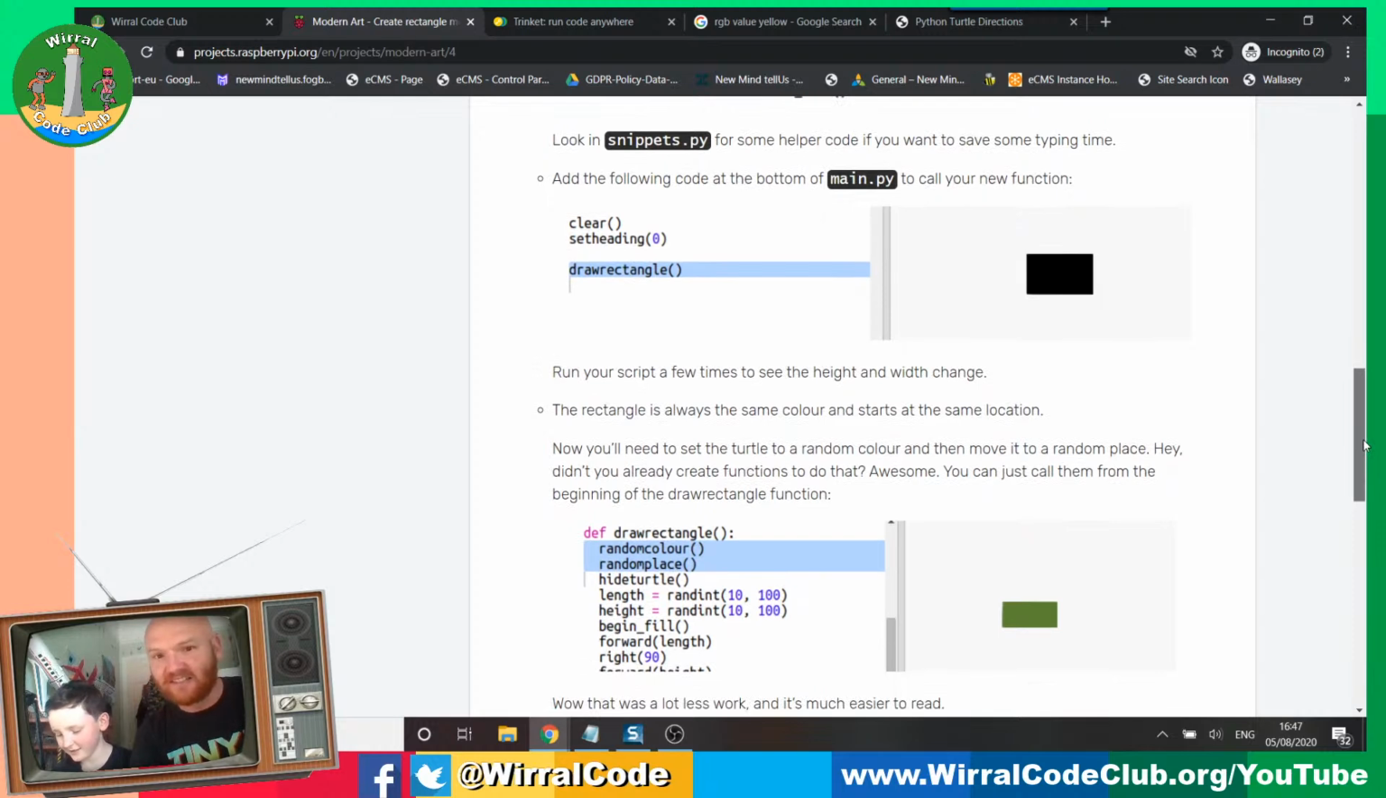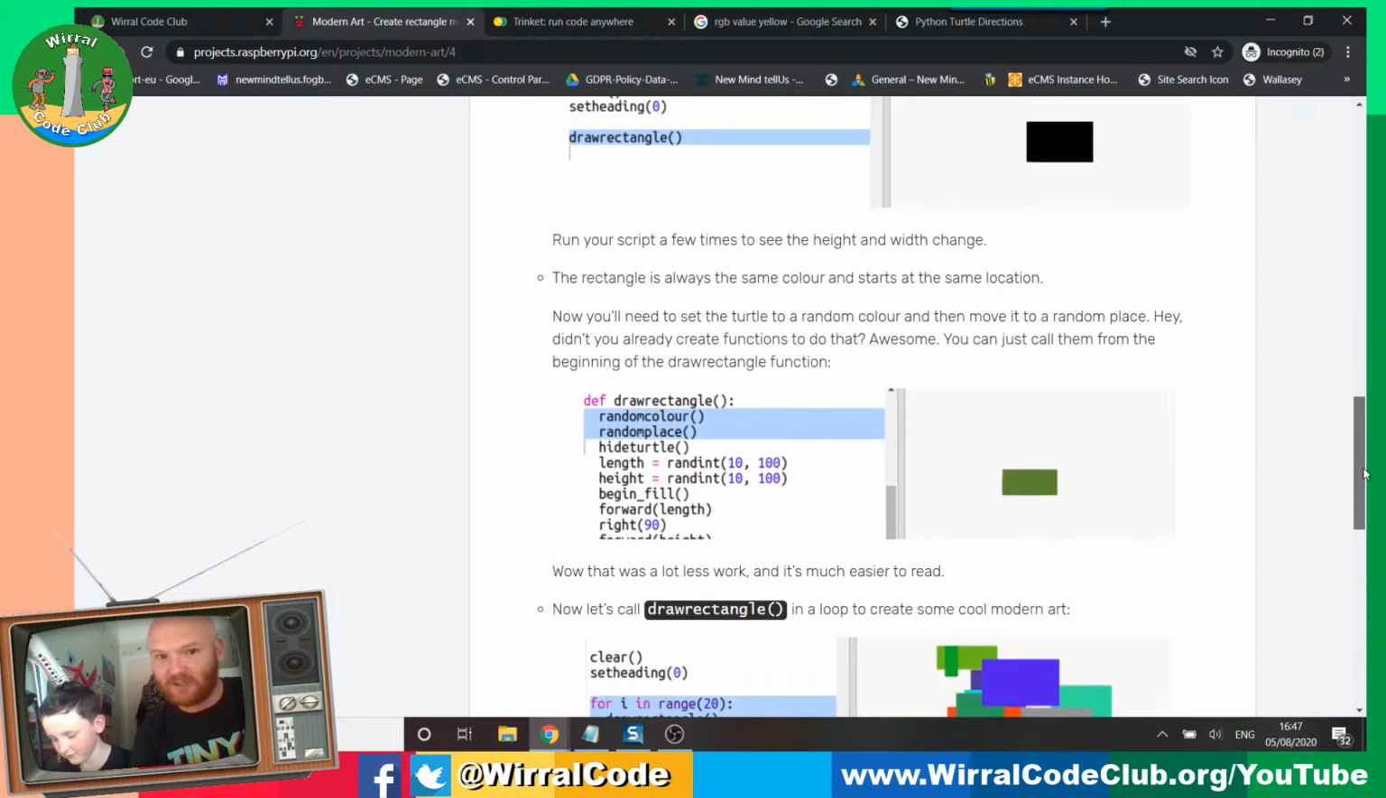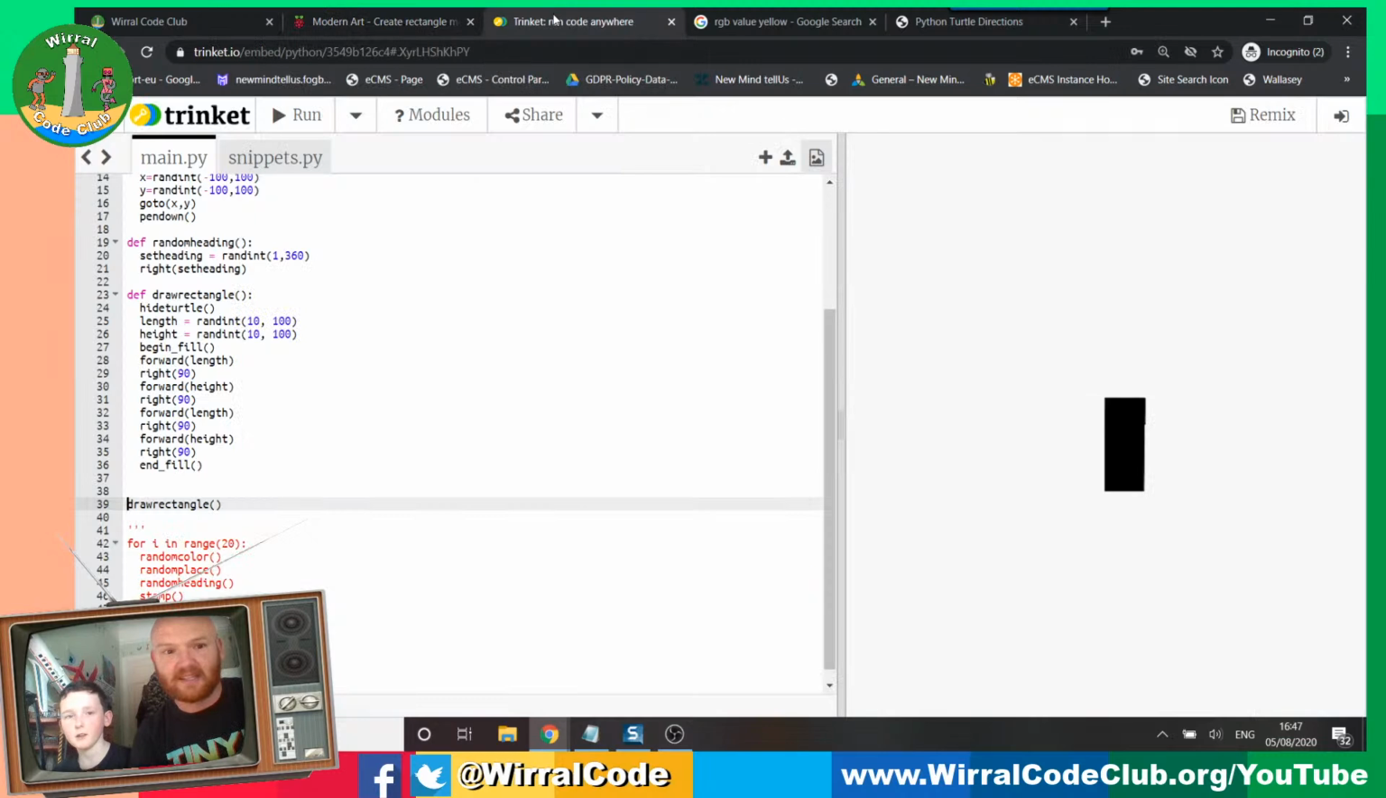The rectangle is always the same colour and starts at the same location. Now you'll need to set the turtle to a random colour and then move it to a random place. Hey, didn't we already create a function? So, what we can do is we go draw a rectangle, and then we do